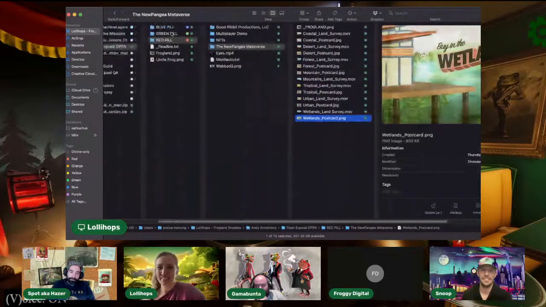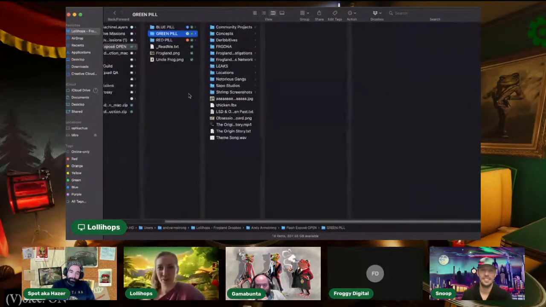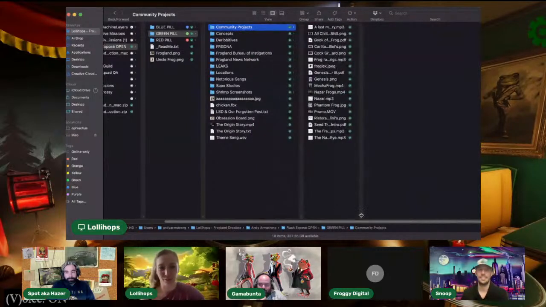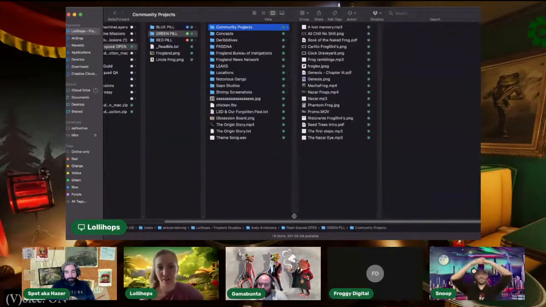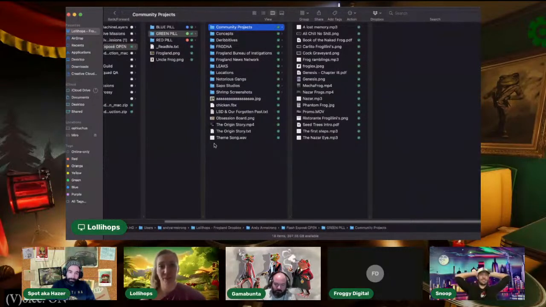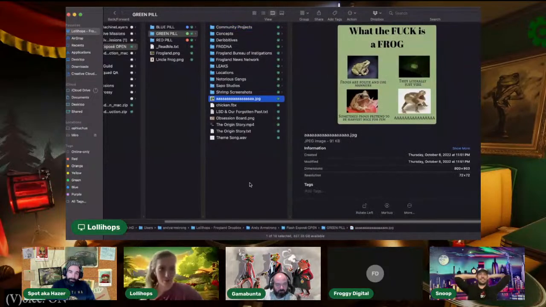All right. So then back out to our root flash drive folder for my favorite file, the green pill file, which this one is described as the one that's all in lore, in character, and gives a really, really good representation of the community and what you guys have all been up to. I think we'll start in the root folder because otherwise I'll forget and lose track of where I am. But of course, our what the fuck is a frog meme and why we always all the time.